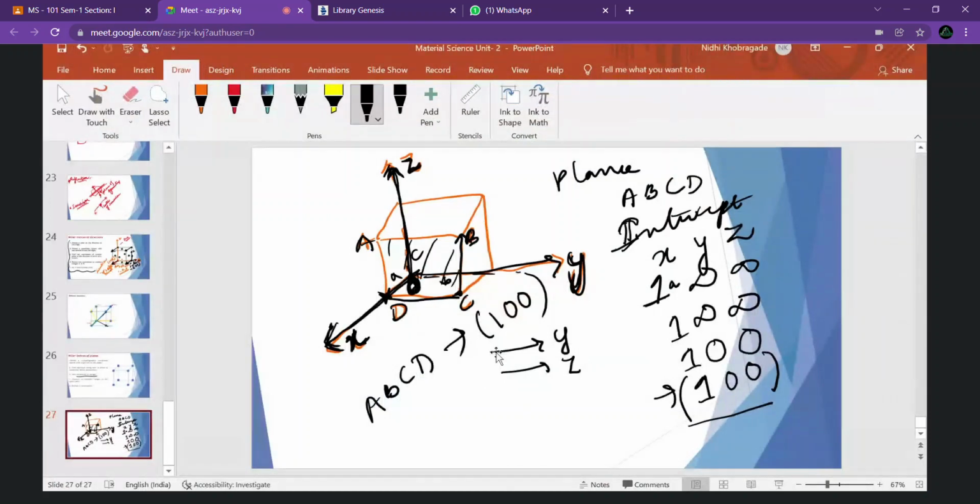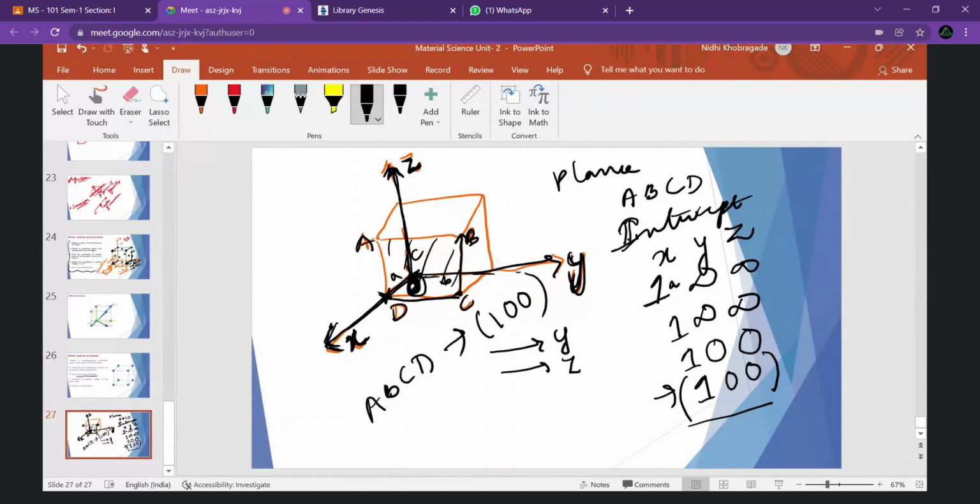Okay, so we have considered one unit cell, right? And we have to mark a given origin, or mark an origin in a particular position. Fine. So this is our unit cell or the crystal with origin with certain coordinates or the axes, x-axis, y-axis and z-axis. Okay, and we have to index the plane that is A, B, C, D. So the A, B, C, D plane.